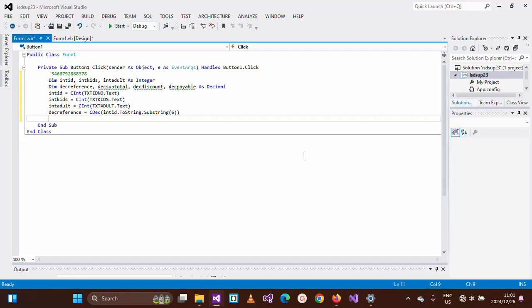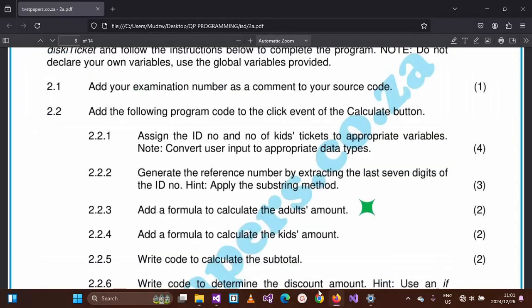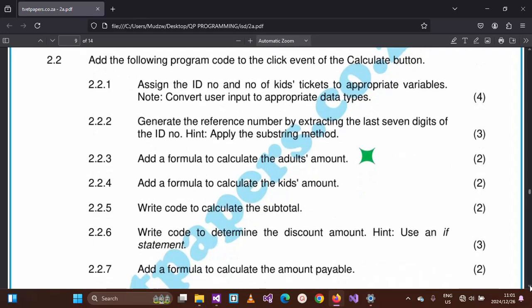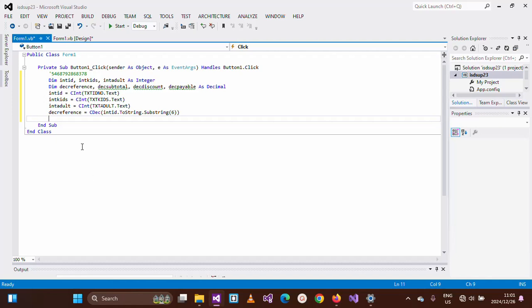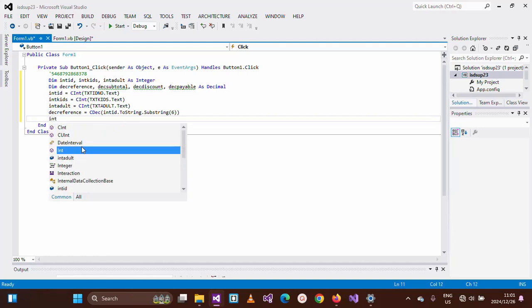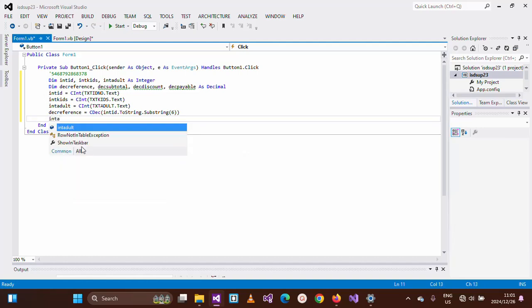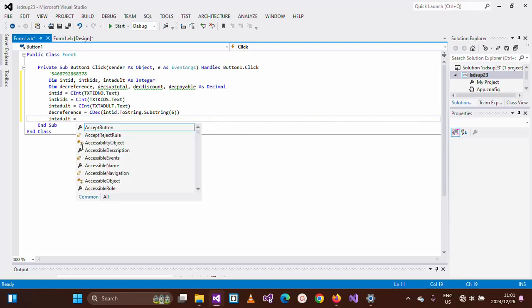Now let's move on. The following question says add the formula to calculate the adult amount. The formula to calculate the adult amount. Now we say int adult equals to,